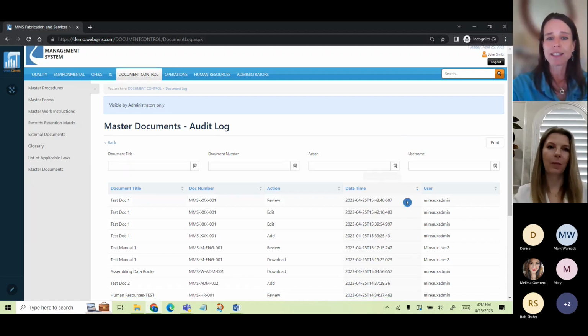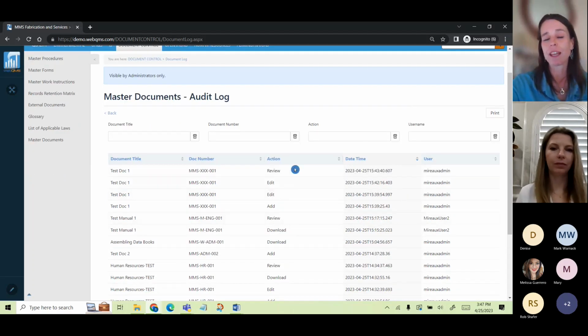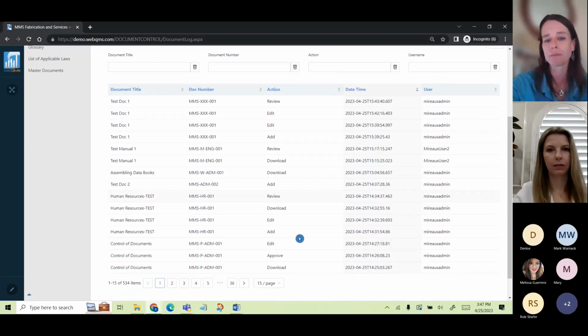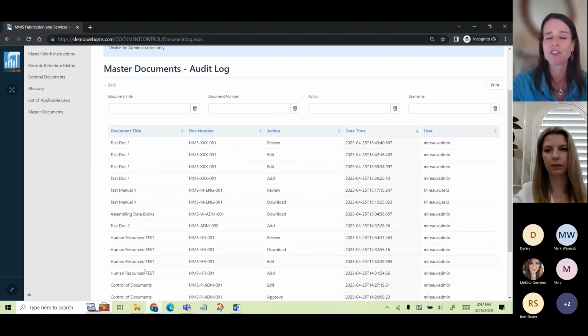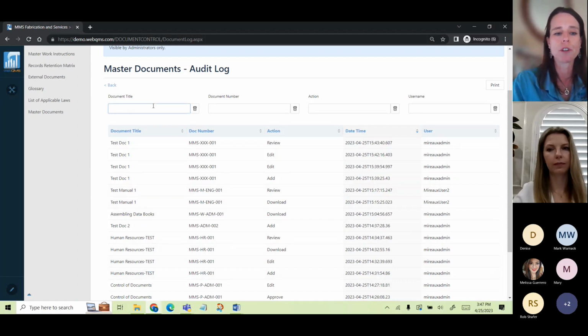But what it tracks is any action that has been taken on these documents, whether it's downloaded, reviewed, edited, approved, you'll see all this. Now, this is all documents, so everything's kind of coming in here as it happens. So probably you might want to look at a specific document. So for instance,